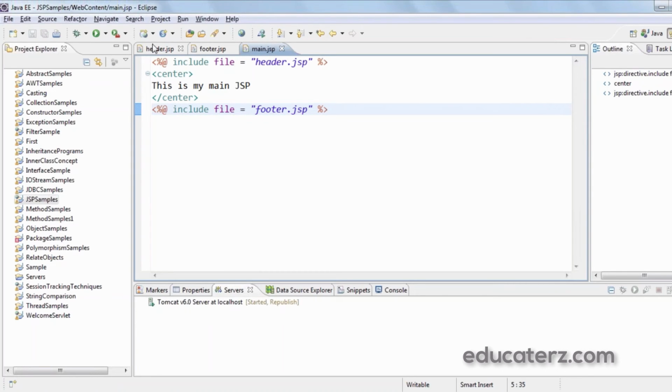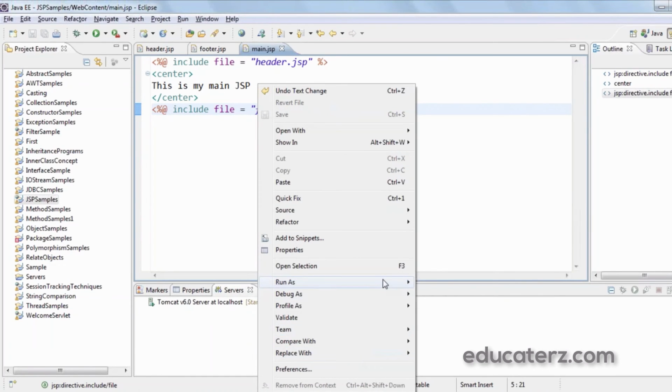That's all. So let me run this main.jsp file.